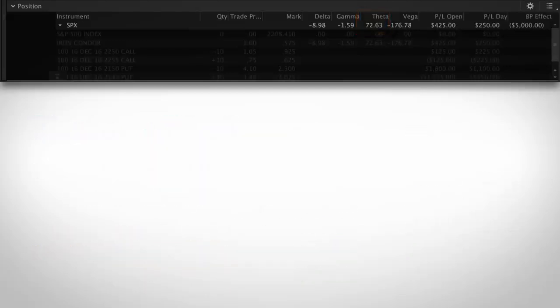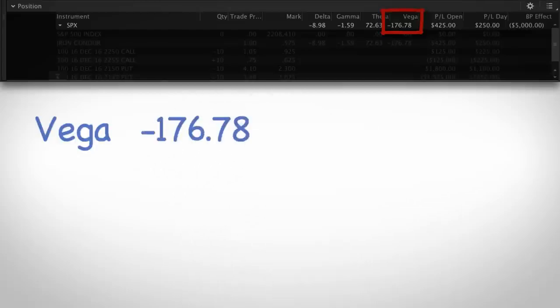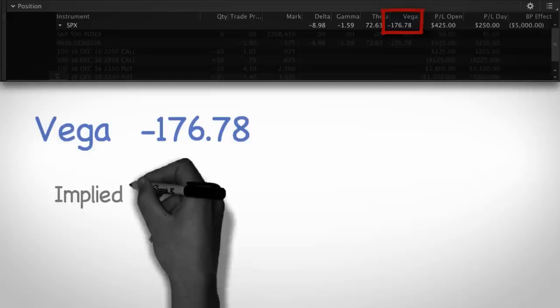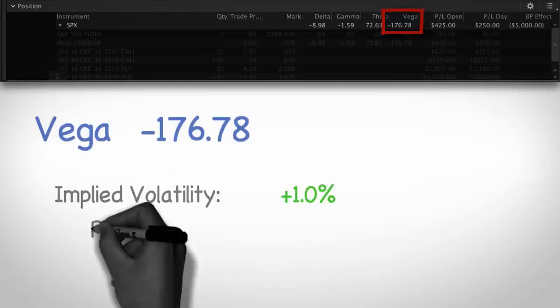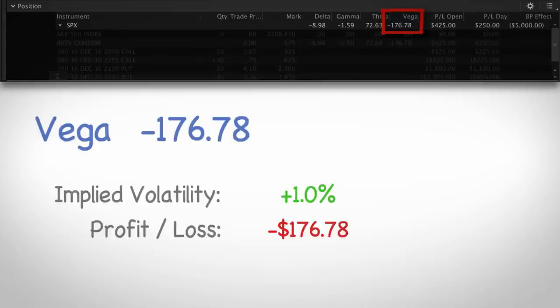Now, the last option Greek we'll talk about on this position is Vega. You can see that the Vega on this position is negative 176.78. This means that for every percentage point that implied volatility goes up, we will lose $176, and inversely, for every percentage